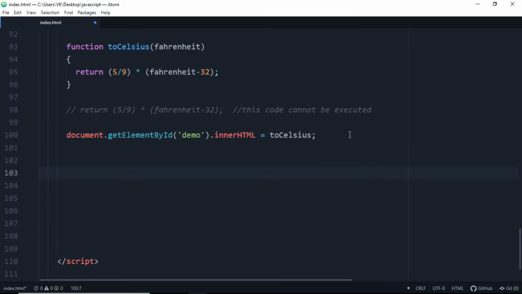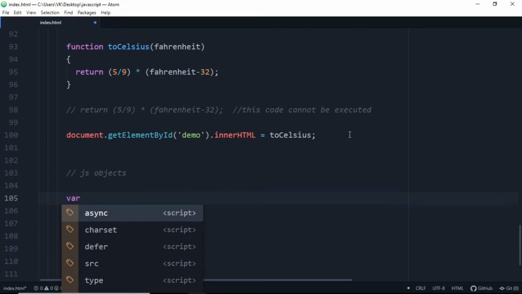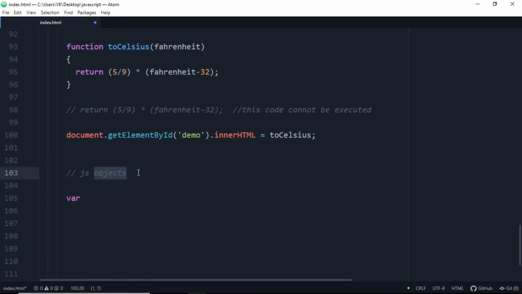Okay, so hit enter and let's add another comment here, which is JavaScript objects. So we are going to declare objects and initialize the objects in JavaScript. So let's declare a variable first. Objects are basically instances of a class or something else. You can use that for declaring any number of persons having different names like David, Johnson, whatever you like, as an object of a class or the objects in JavaScript. The variable person is equal to, add curly braces, hit enter.